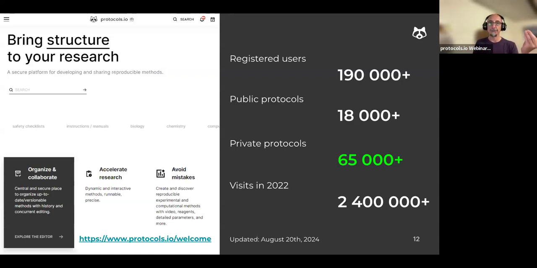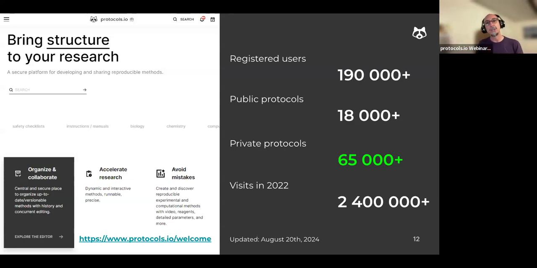The free accounts have a limited number of private files. So if you make your protocols and publish them right away, the free account can work for everyone. But we charge for users to take advantage of unlimited private space.